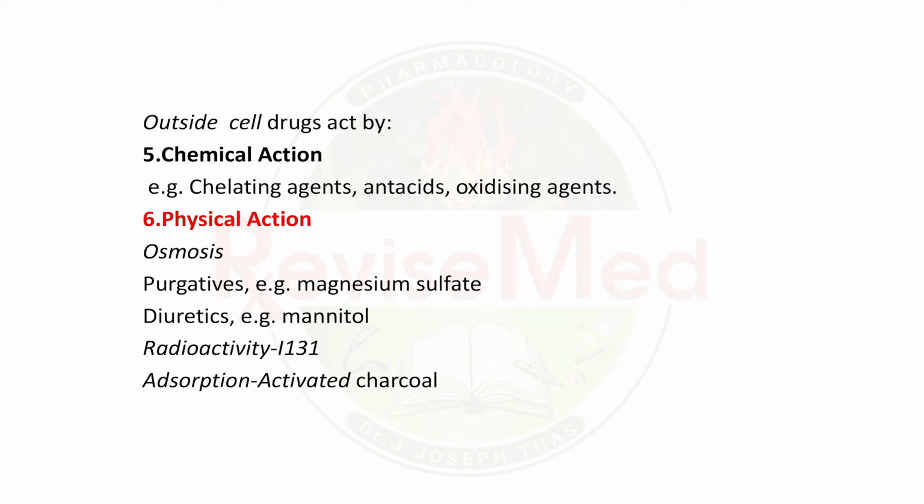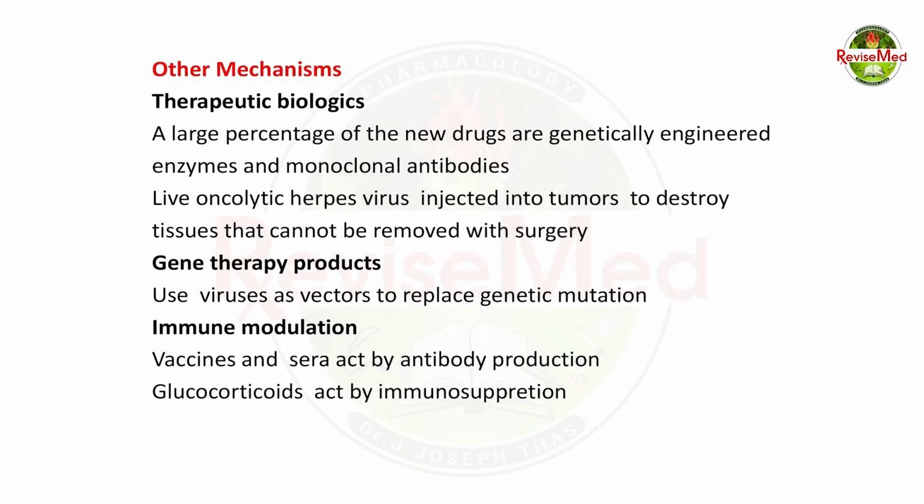6. By physical action, we take osmosis. We have osmotic purgatives like magnesium sulfate, osmotic diuretics like mannitol. Then by physical action, we are using radioactive iodine 131. Activated charcoal is used as an adsorbent. So these are examples for physical method of action by drugs. Now coming to other mechanisms, first